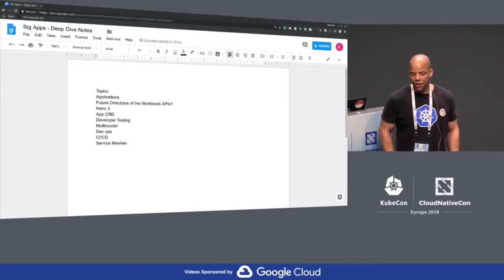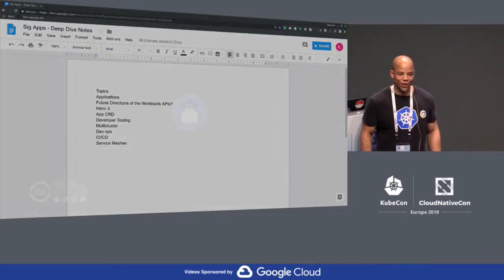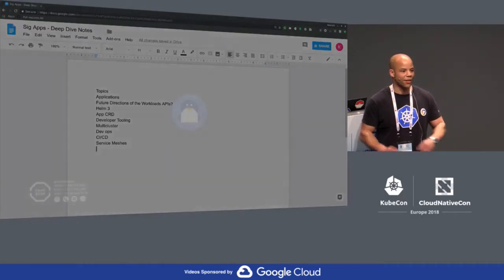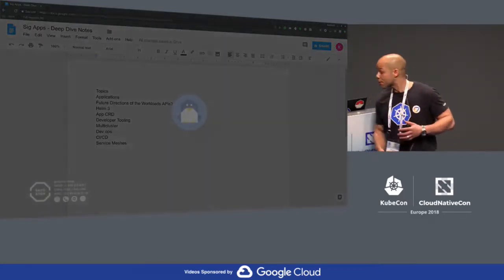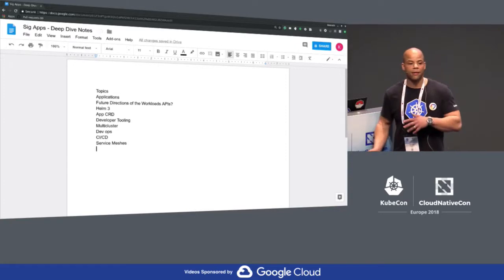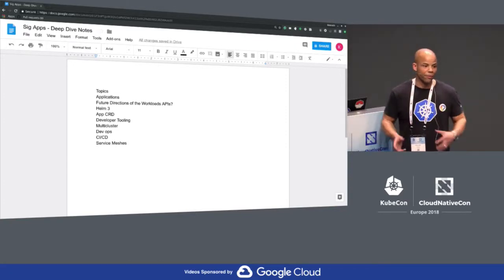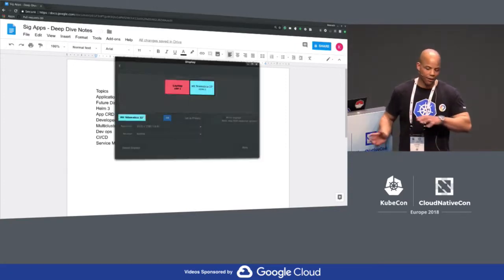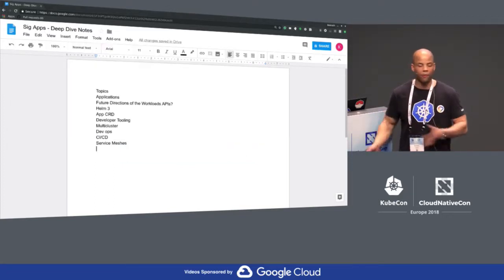But then how do we represent that in something that's meaningful inside of Kubernetes? One of the things that we've done from the app dev working group, and which has been taken over inside of SIG Apps, is this application CRD. That's what we're trying to do to aggregate these resources inside of Kubernetes and display them. Conrad over there has done some awesome work on a UI that's able to leverage this and take things like Helm packages and display them in a meaningful way to users, and provide a way to interact with an application as a whole via UI.